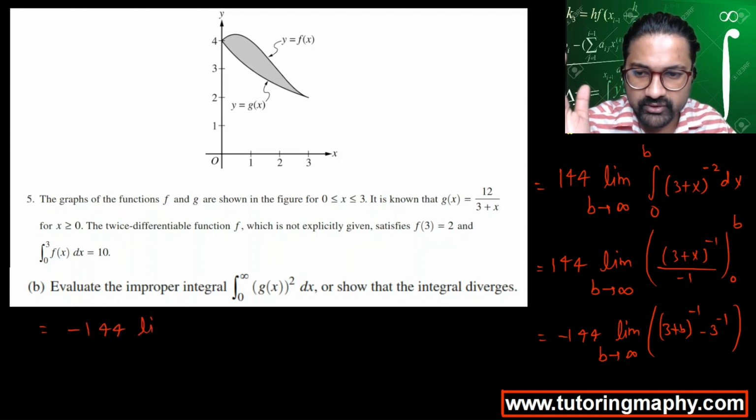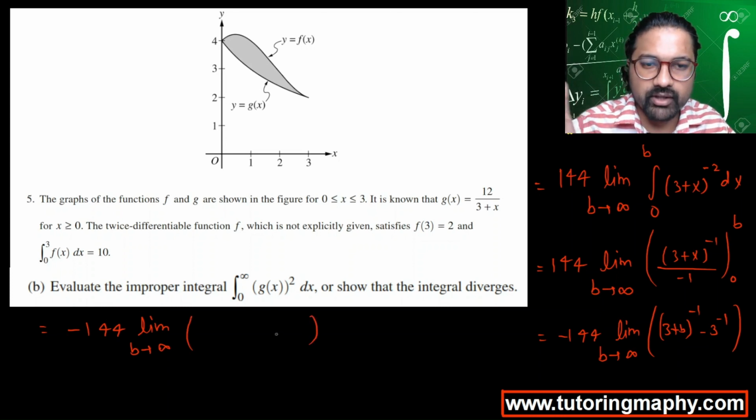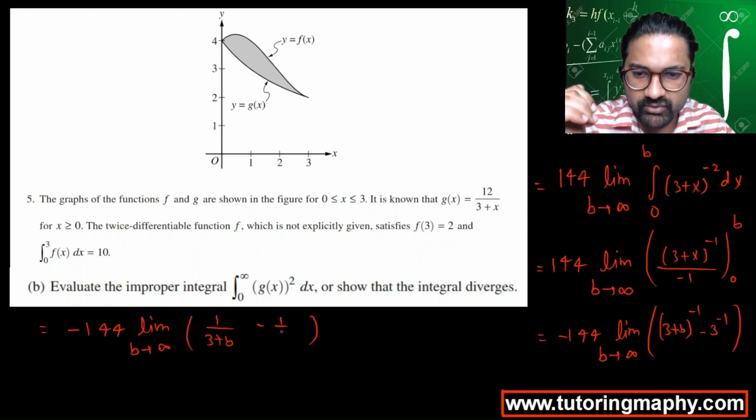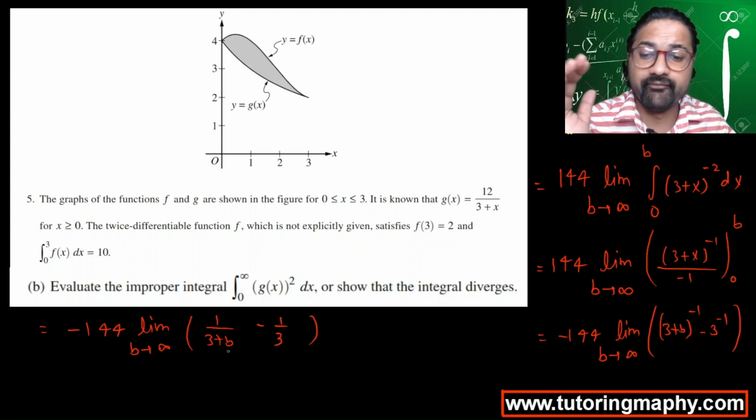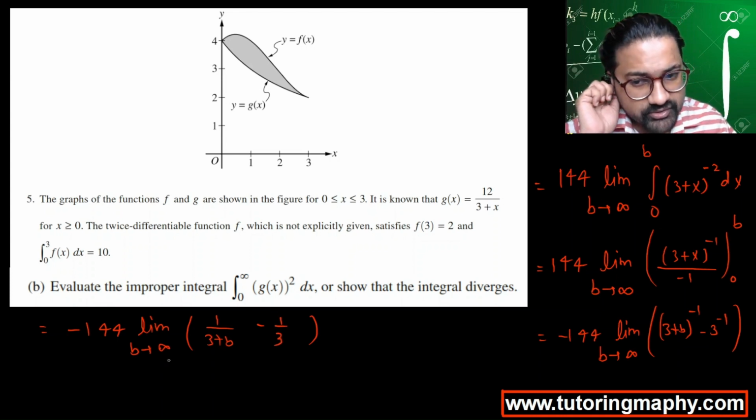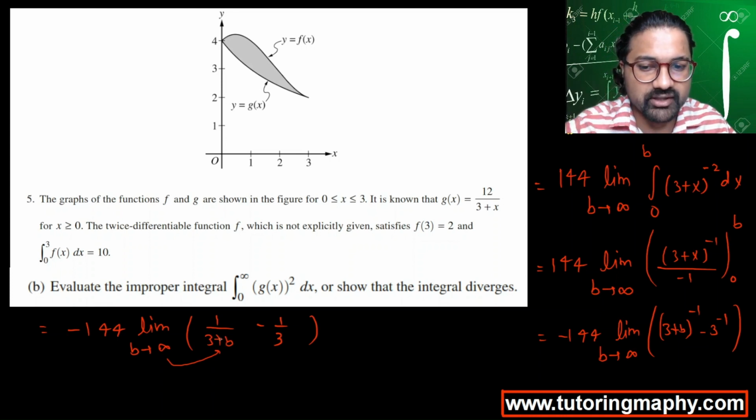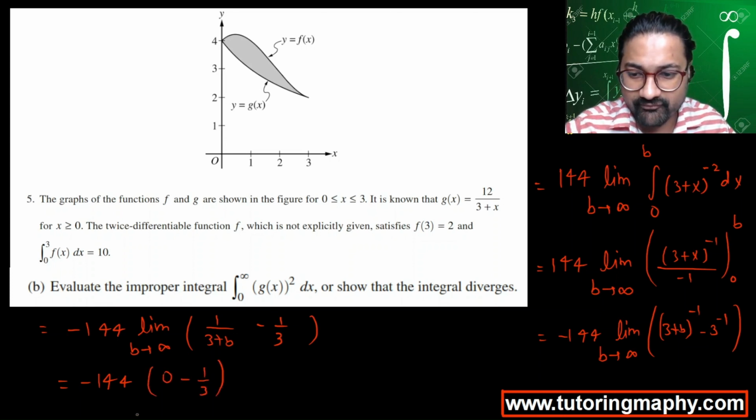Negative 144, limit as b approaches infinity. Power of negative 1 means you've got to take a reciprocal of it. So 1 over 3 plus b, minus 1 over 3. Okay, and finally now I'm going to place the limit. If b is approaching infinity, then infinity plus 3 is infinity, and 1 over infinity is 0. So this is going to look like negative 144, there's the 1 over 0, minus 1 over 3, and finally